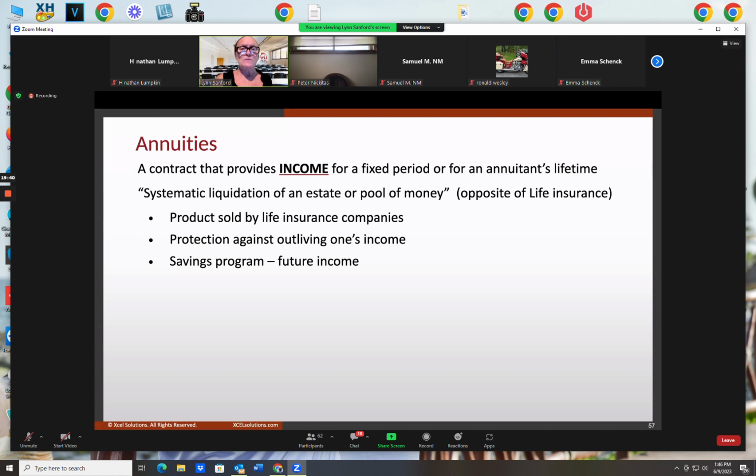Annuities should always be sold as long-range planning vehicles because they have back-end surrender charges. If a person puts the money in this year and takes it out next year, they're going to get hit with back-end surrender charges. They are meant to be long-range planning vehicles. That's why those surrender charges exist. So a person doesn't put the money in this year and take it out next year. They should always be sold as long-range planning vehicles by the agent who sells them.